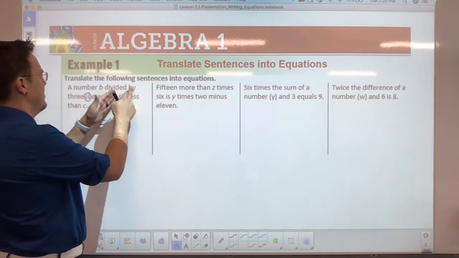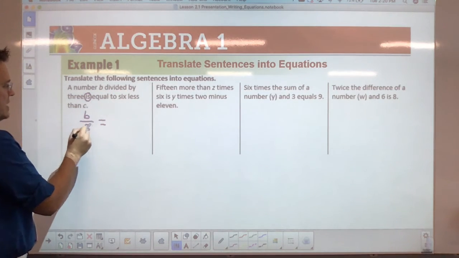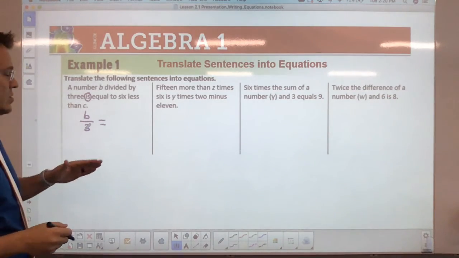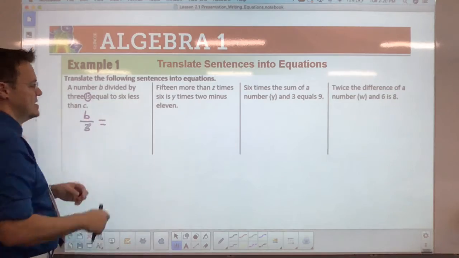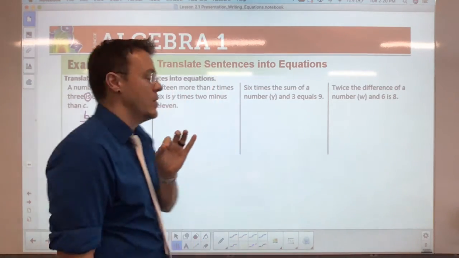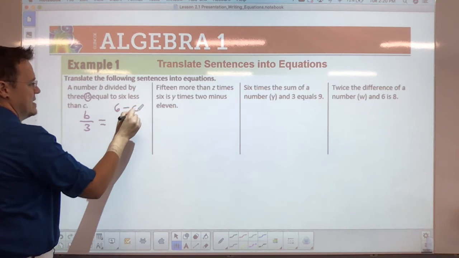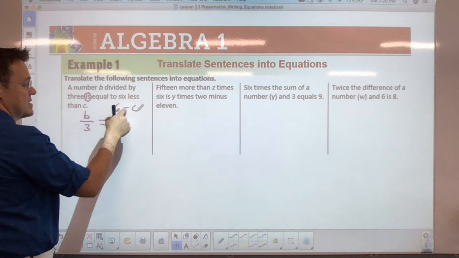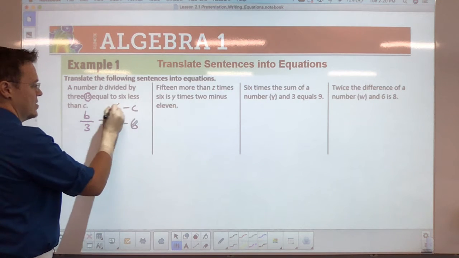A number B divided by 3, okay? So we know a number B is going to be divided by 3. Is equal to, okay? So we know we have "is equal to" 6 less than C. If you remember, this one was the only tricky one that we have. It's not C minus 6... or 6 minus C. Remember, it is C minus 6, okay? You don't write